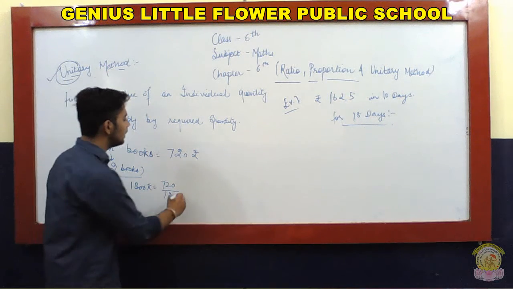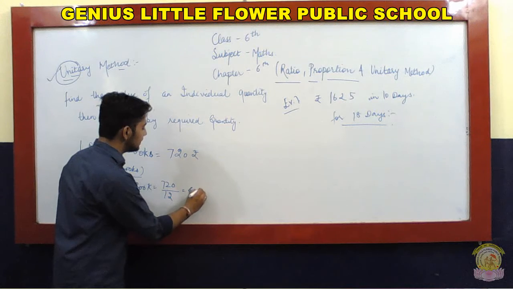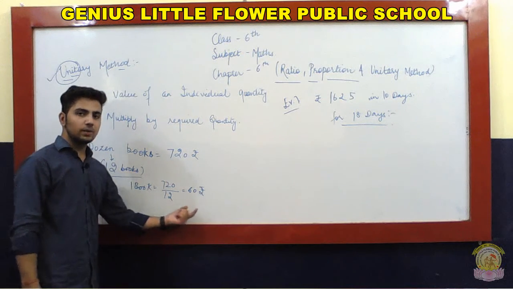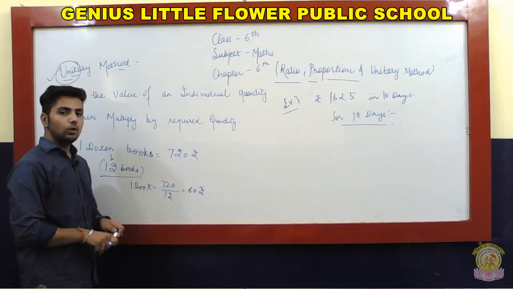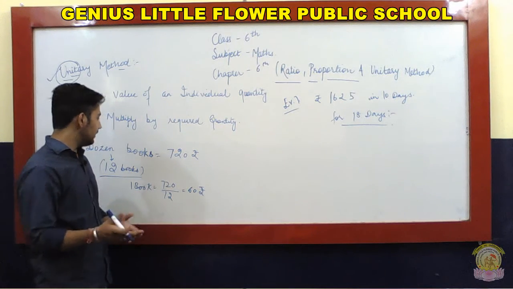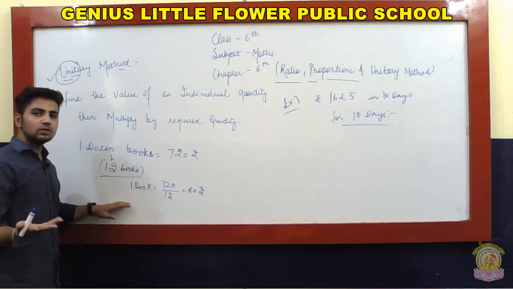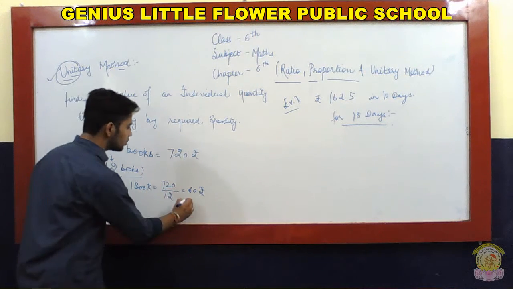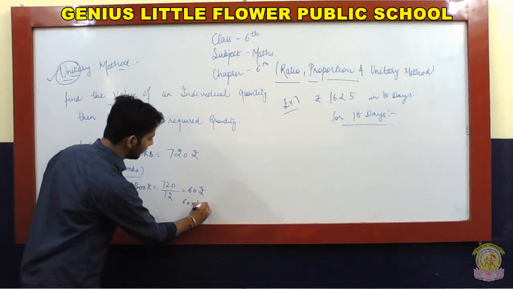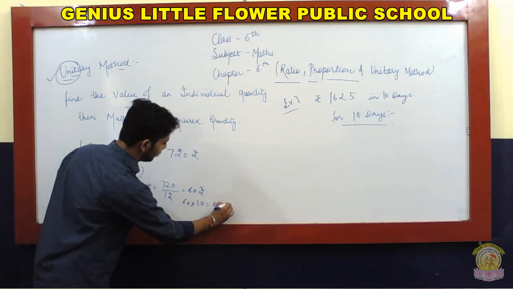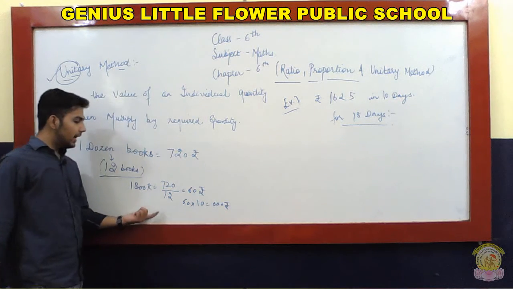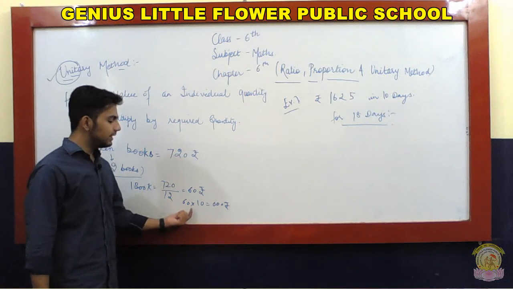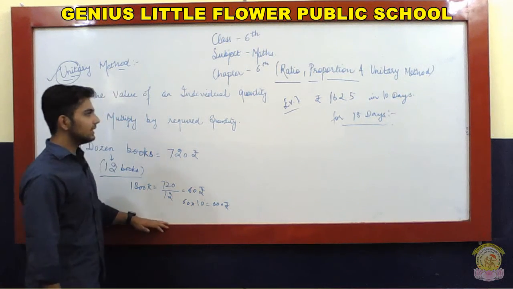And what will you get? You will get 60 rupees each. Okay, so one book's value is 60 rupees. एक बुक की वैल्यू 60 है. So now you can calculate it for any number, right? जैसे अगर आपको दिया हो कि 10 बुक्स की वैल्यू कैलकुलेट करनी है, so you are going to multiply it by simply 10. So 60 into 10, which will give you 600 rupees, right? अगर आपको चाहिए 8 बुक्स की, तो you are going to multiply 60 by 8. For 7, 60 into 7. Okay, so ऐसे करते करते आप कर लेंगे.